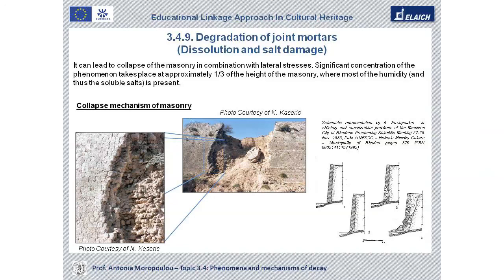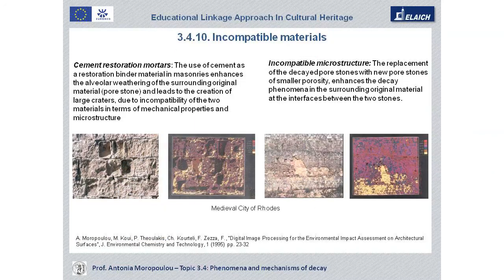It starts from near the ground and goes upwards. So when the underneath layers of the masonry cannot bear the upper layers, they collapse. Incompatible materials are the ones, as in the first photo, in the case of the restoration with cement concrete mortars around the very porous biocalcarenite stone of the medieval city of Rhodes,